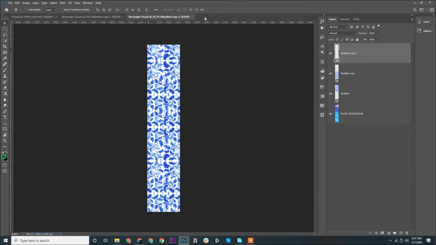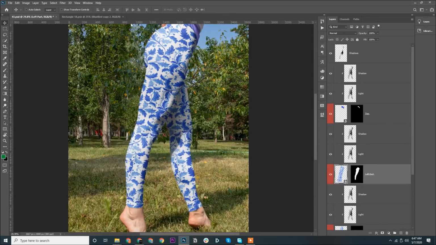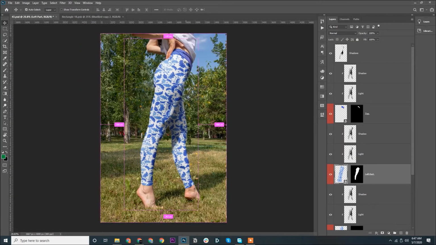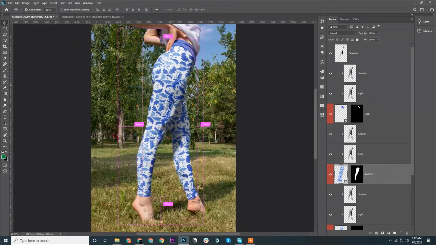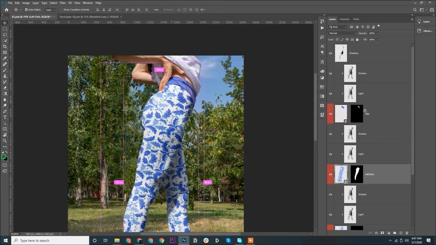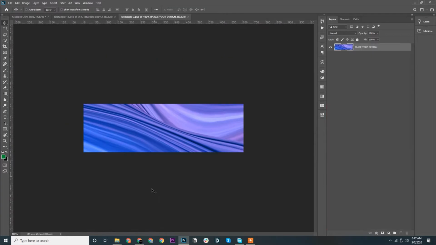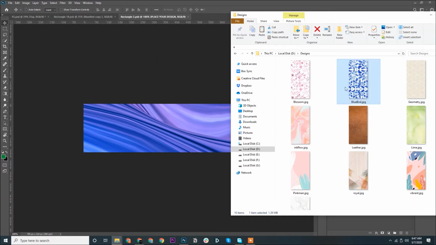Okay, so we'll close this one as well. The second part has also been placed. And now if we go to the third part, we'll place our design.